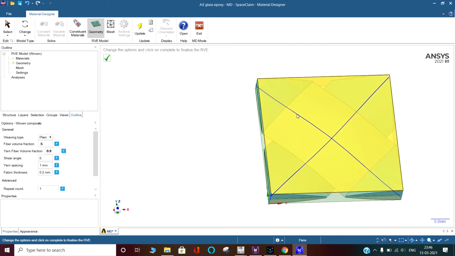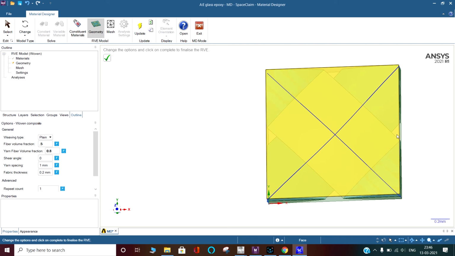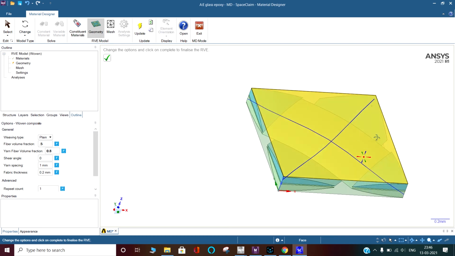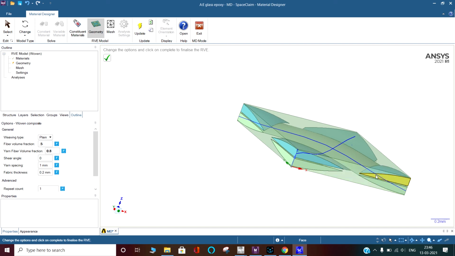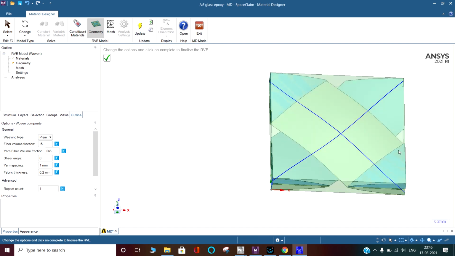Shear angle is actually this angle, which I want to keep at 90 degrees between both of them, that I will show you now. Yarn spacing is the space between the two yarns, this and this. You can see the space between these two. You can see it from here, this blue and this blue, when they run parallel, the spacing between them. And that yarn spacing, instead of 1 mm, I am saying 0.5 mm.